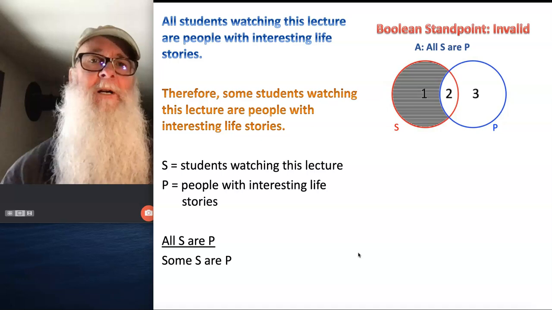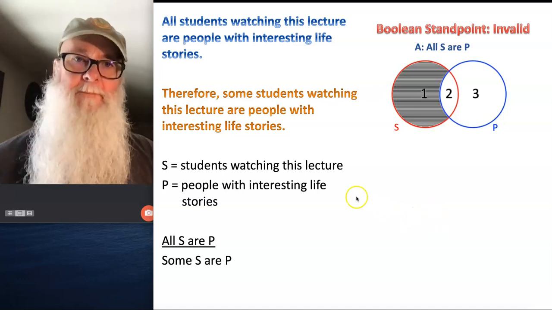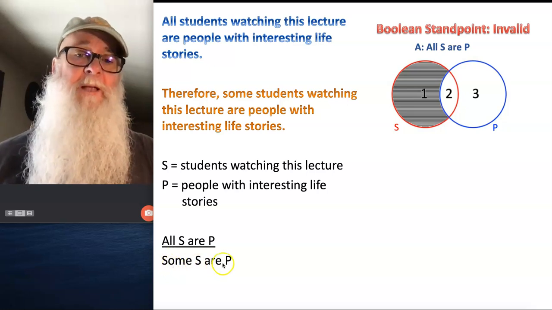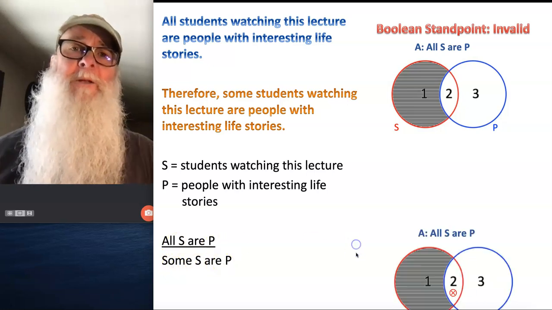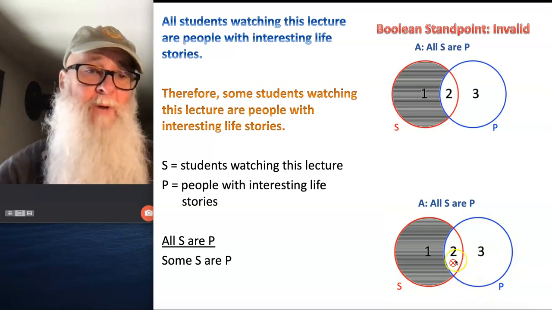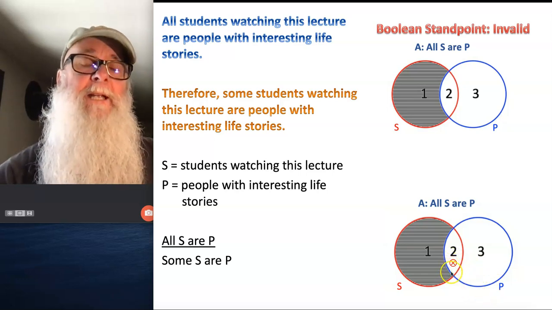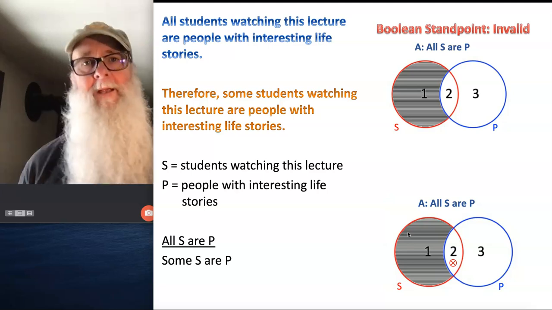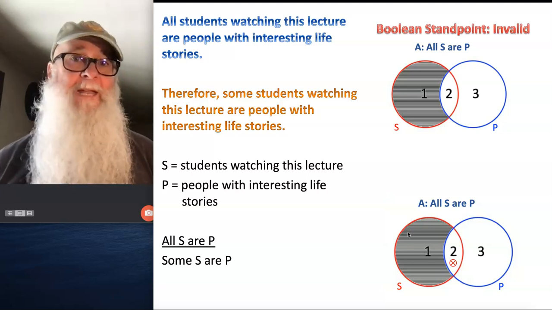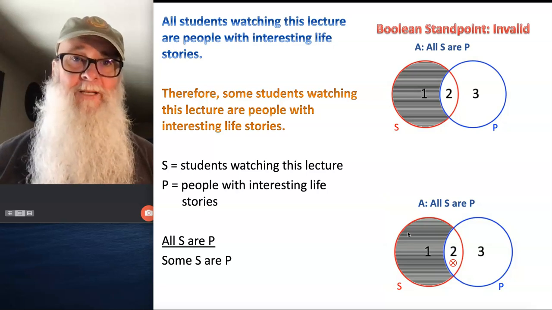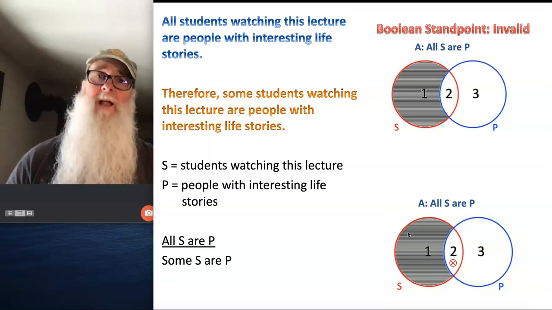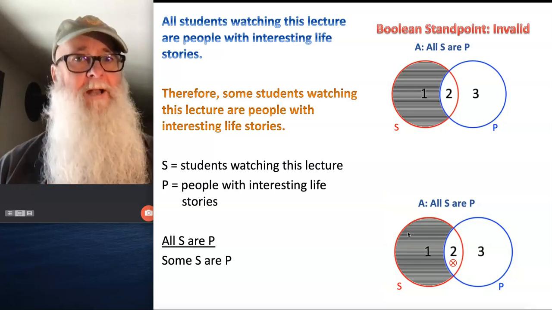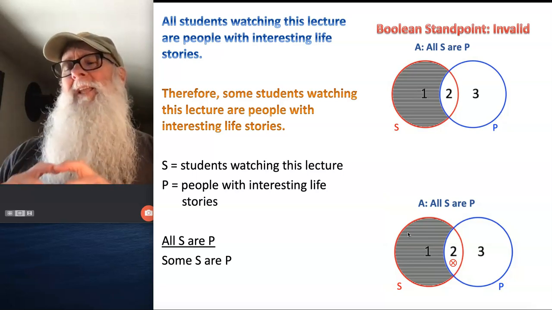And so if this is true for all of them, it's got to be true for at least one of them. So you can draw the conclusion some S are P from the premise all S are P. And the way we're going to reflect that in our Venn diagram is by marking a circled X in area 2. Because after marking the premise statement, we see that there's only one area of this Venn diagram that remains open for any of the S's to be. And that's area 2. So we mark our X there to indicate that since they're all there, there's at least one there. But we put that circle around the X to say this: